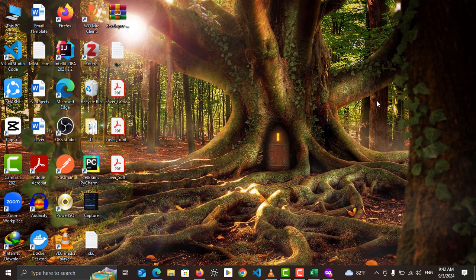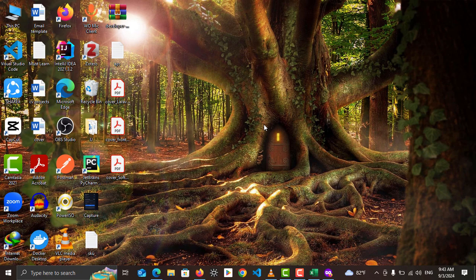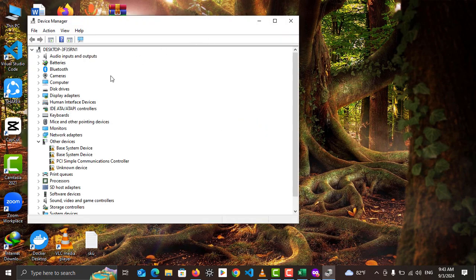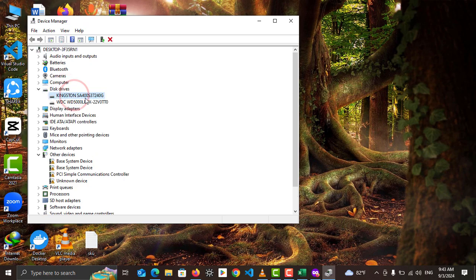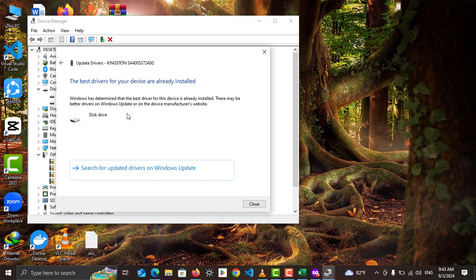And method number 4 is to update the disk drivers. To do that, go to the start menu, right click on it and go to Device Manager. Just tap on it, and then you can see the disk drives option here, just tap on it. You can see I have 2 hard drives installed here. Right click on it, choose update driver and tap search automatically for drivers. If you see a message that the best drivers for your device are already installed,